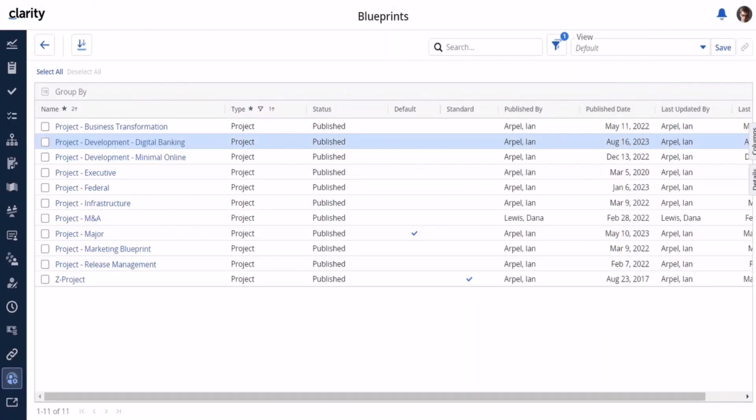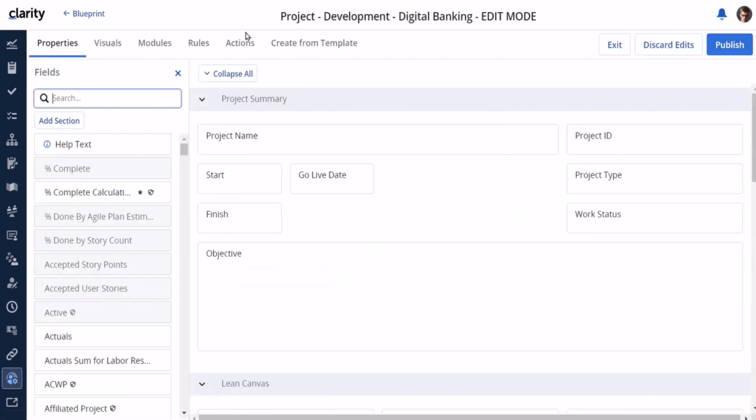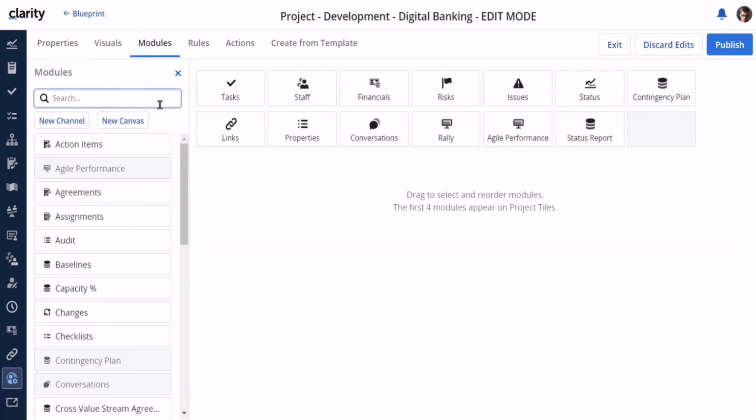I will demonstrate how to configure a properties page for subobjects. You will do that in Modern under Administration in the Blueprints. We will modify our project blueprint's task module for properties. We'll edit the blueprint, then we'll navigate to the task subobject module,